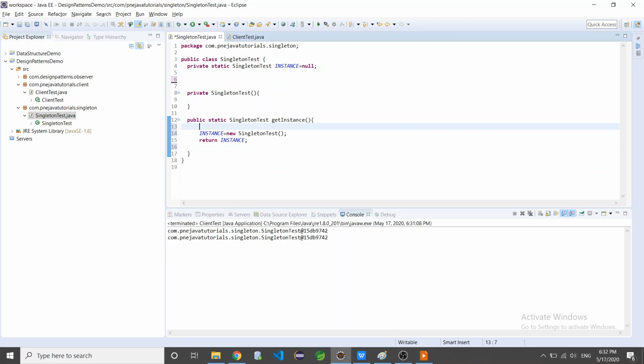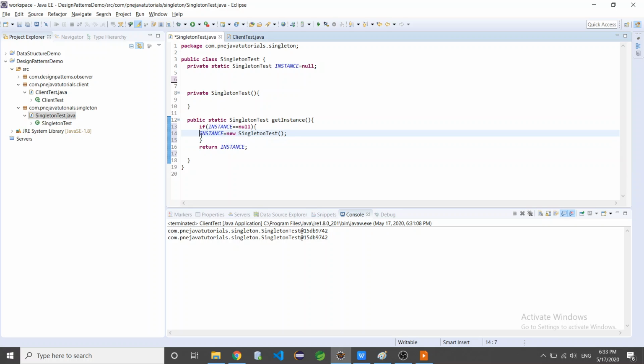So for that, we have to check one if condition. If instance equal to null, then only we have to create the object.